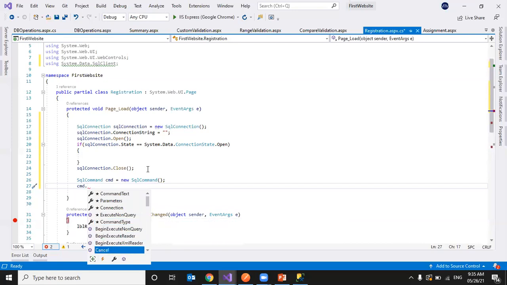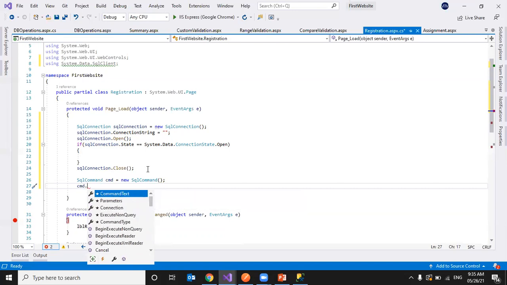We can use different methods like ExecuteNonQuery, ExecuteReader. We can also provide CommandText, CommandTimeout, CommandType. Then ExecuteScalar, ExecuteXmlReader. We can reset the command timeout. There are different methods like this.